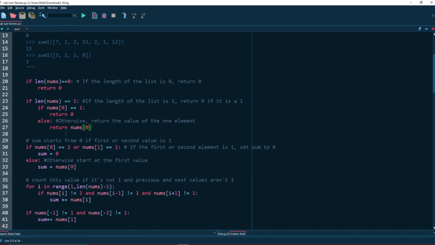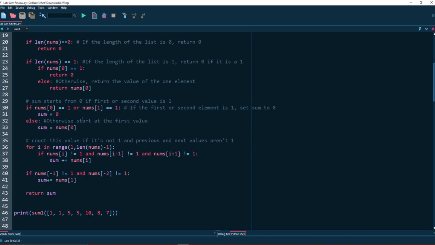And then you have the main case here. So to start out this main case, you can't just do, well, I'm going to change the sum to total, because you shouldn't use sum as a variable. So if we just change all of the sums to total, then that will work better. Okay, so basically, the total starts from 0 if the first or second value is 1.